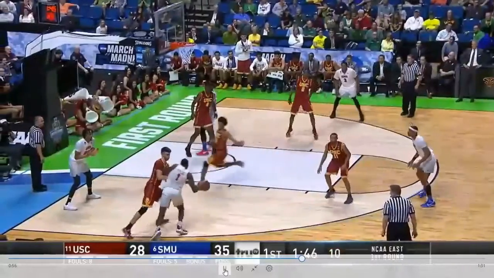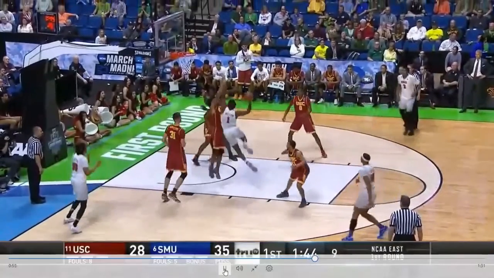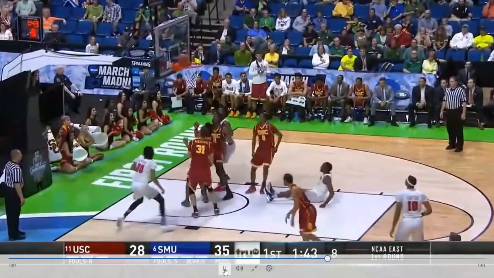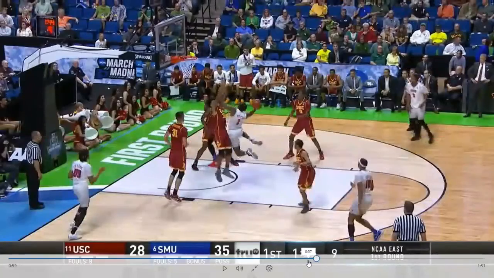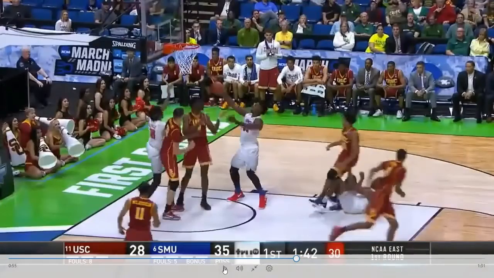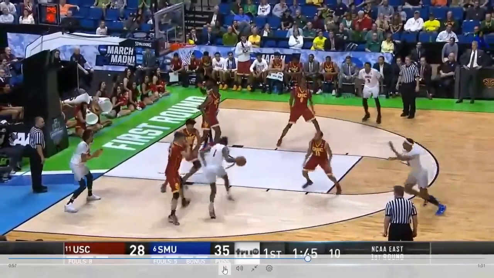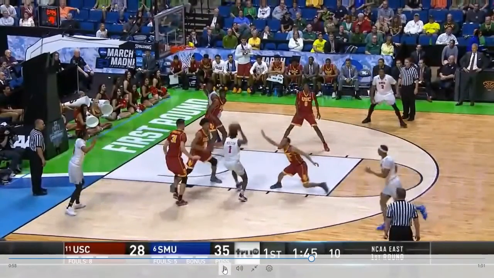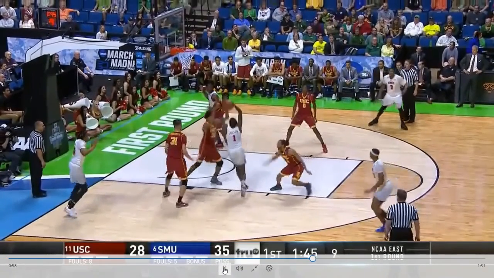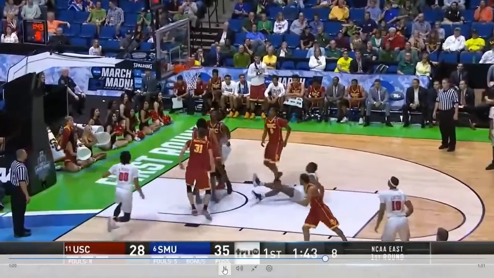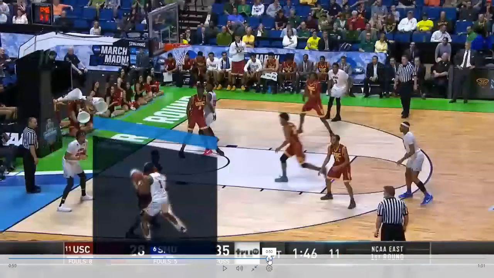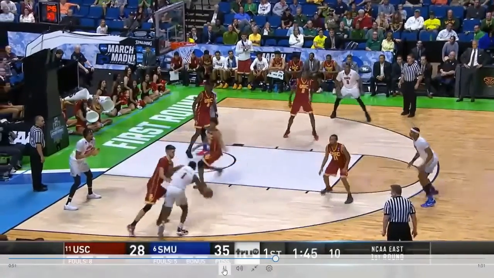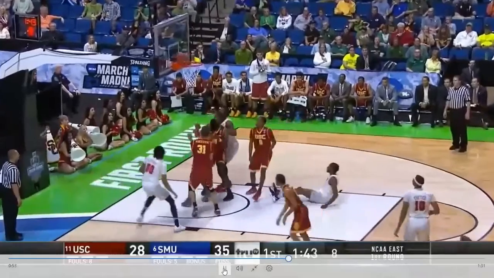All right, so this play is a little bit different here. Help side defender again. Take a look at where he leaves the ground from and where the contact occurs with the offensive player. You'll see he jumps from basically one foot on each side of the block, and then the contact occurs kind of at the top of the circle inside the lane. So here the defensive player is jumping in the direction of the offense, and the contact causes the offensive player to go to the ground. Here I would be okay with a foul on the defense and send the guy to the line.